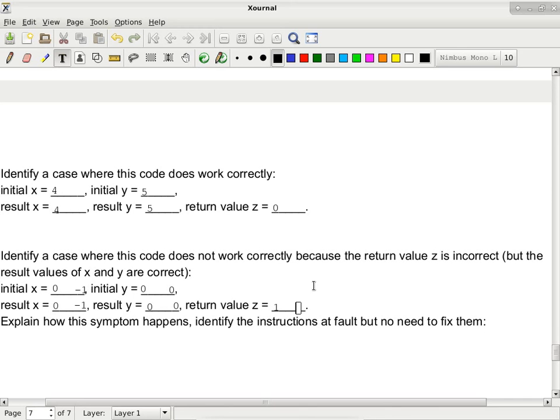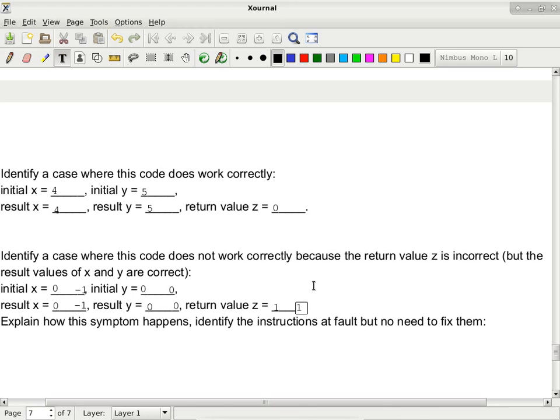Because -1 is the maximum unsigned value, it is actually greater than 0. It will go through the swap operation, so you will still end up with a 1 here. So this is the other case where the result seems to be correct, but it is actually not correct. No, I take it back. This is the case where X and Y end up with the values that they're supposed to have, but the